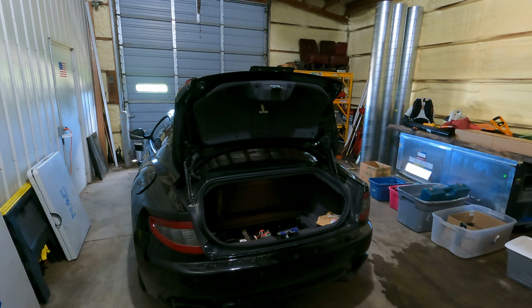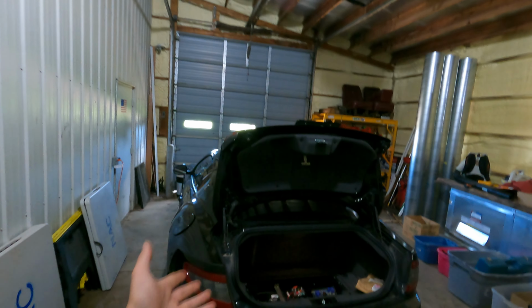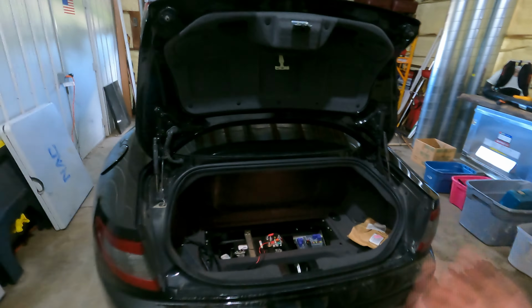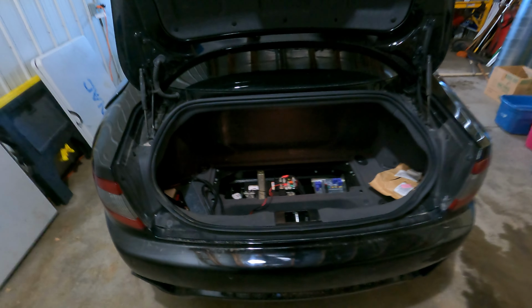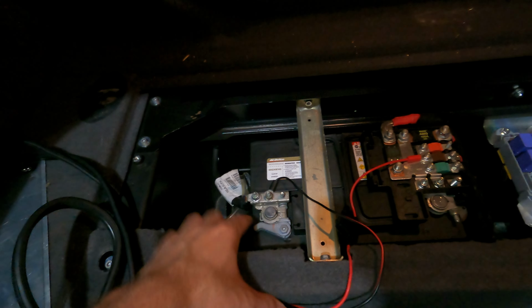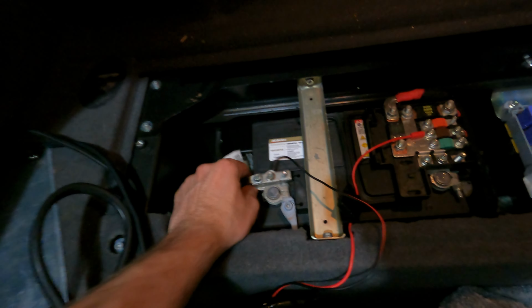But since this happened about a week and a half ago now, it's just been sitting here, minding its own business. Wants to leave, garage is closed, but it can't. But I just left the battery disconnected. It's plugged in now, the lights are on, but it's actually really easy to disconnect. So I don't know if this is factory or someone did this, but it's just a little lever here. Just pull that, loosen the negative terminal, and